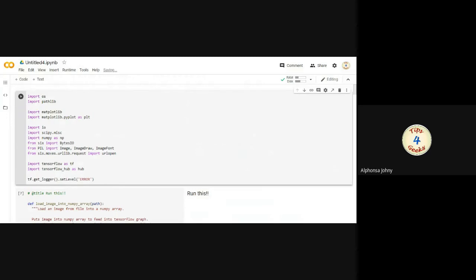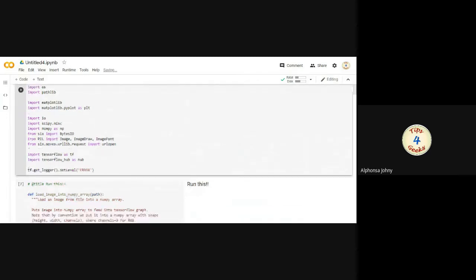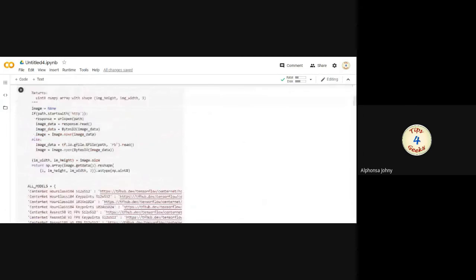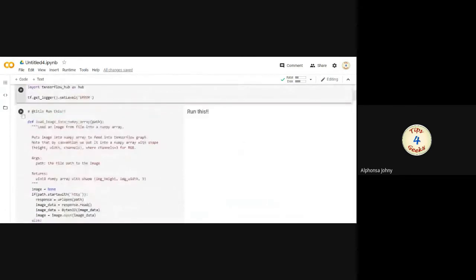The second step is we are going to create some utilities that are needed later. For example, we are creating a helper method to load an image. At a later point, we have to load images to detect different objects in them. This code is already written and I have just taken it from this website. The only task required is to execute it.